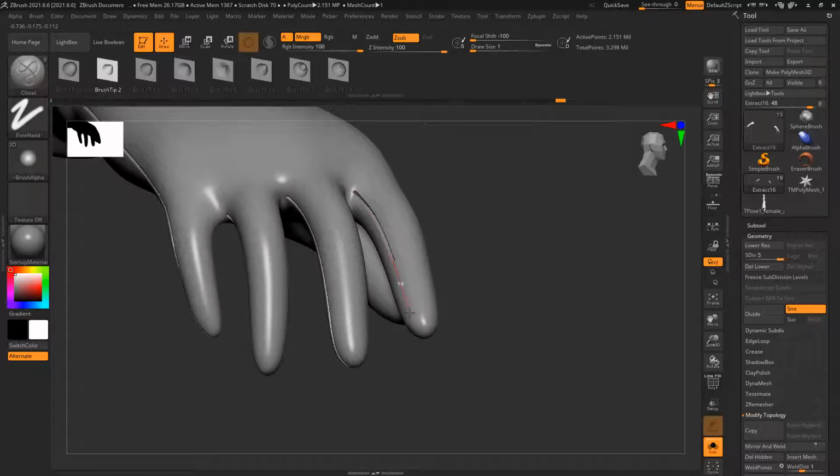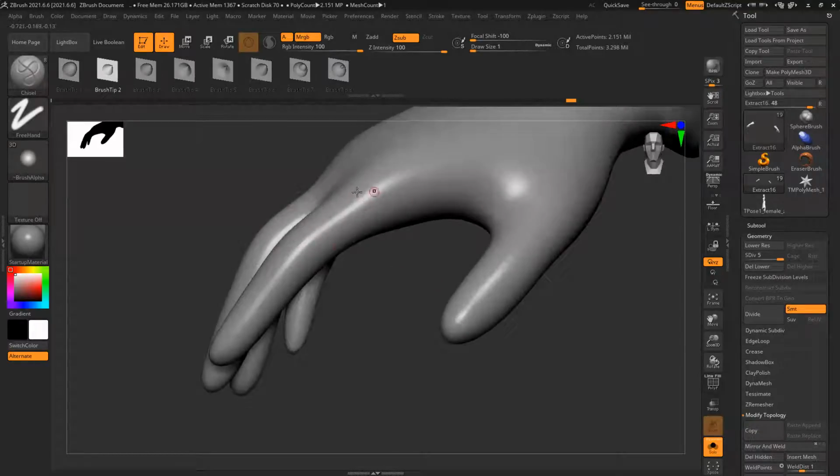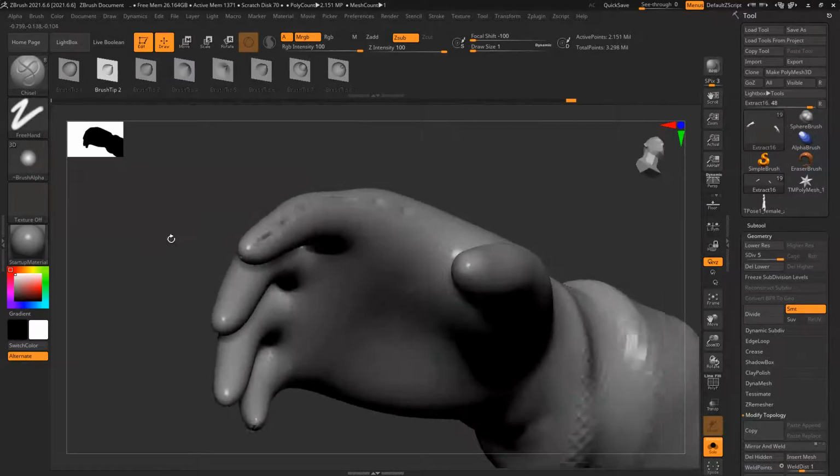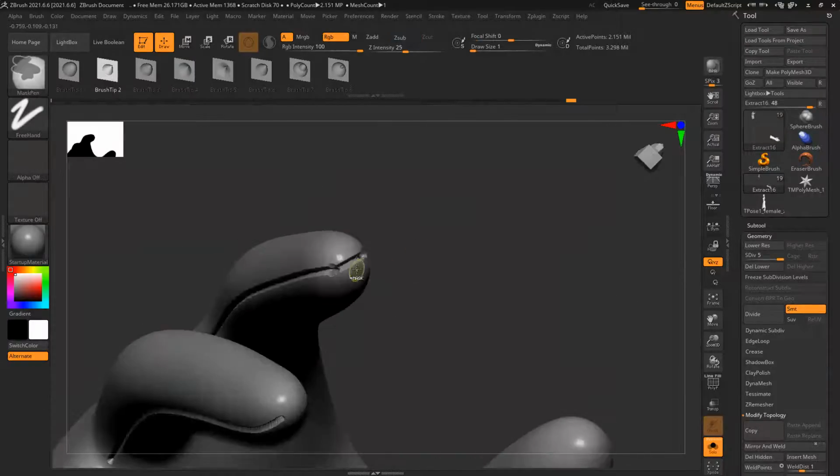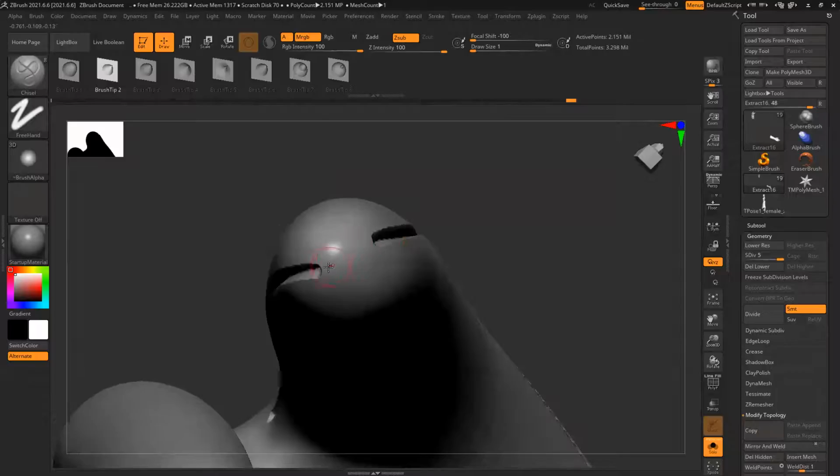But if I create this thing in high poly, I'll have a finished high poly and it will look nice. And this I have to manually fix.